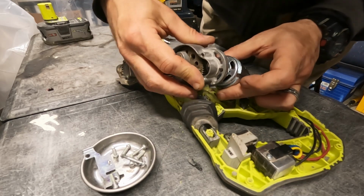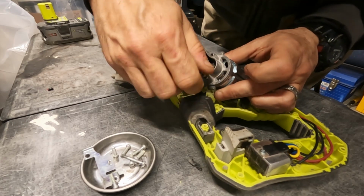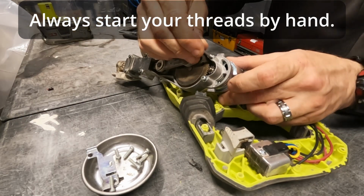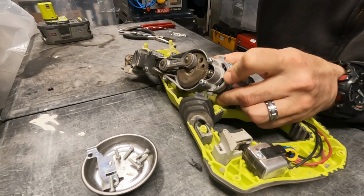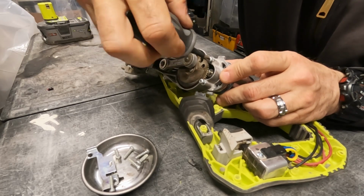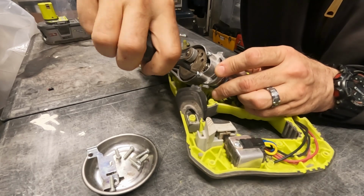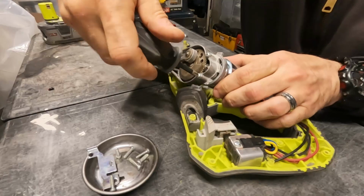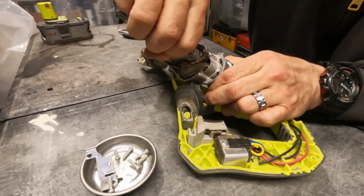And let's see here. There you go. You can feel that one catch. Now the other one should be close to lined up, and it is. That's easy enough. Get our Phillips screwdriver, tighten those down, and none of this has to be crazy tight. We're just getting it snugged up real good. Okay,